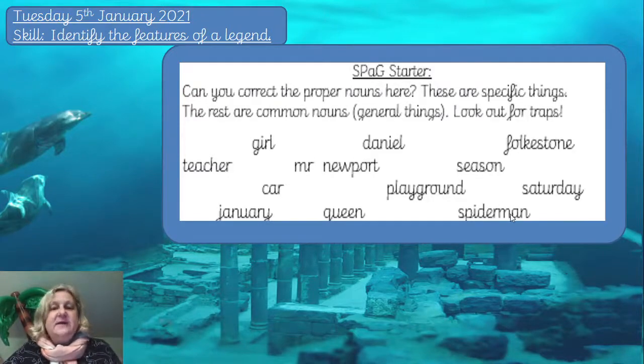And Spider-Man, well, there's only one Spider-Man, isn't there? And it's not you, Mr. Newport, so that would definitely have a capital S on it. Okay,